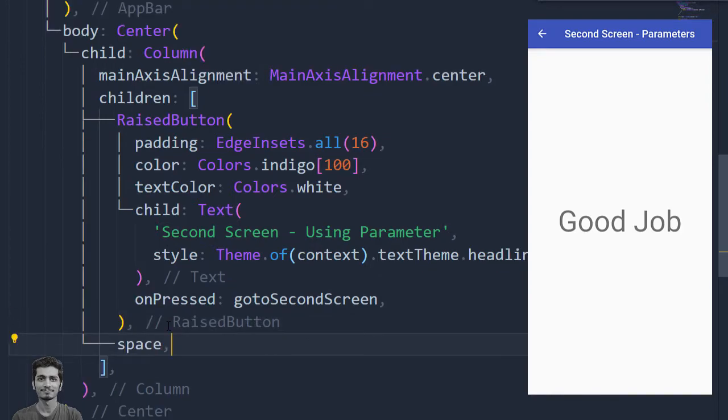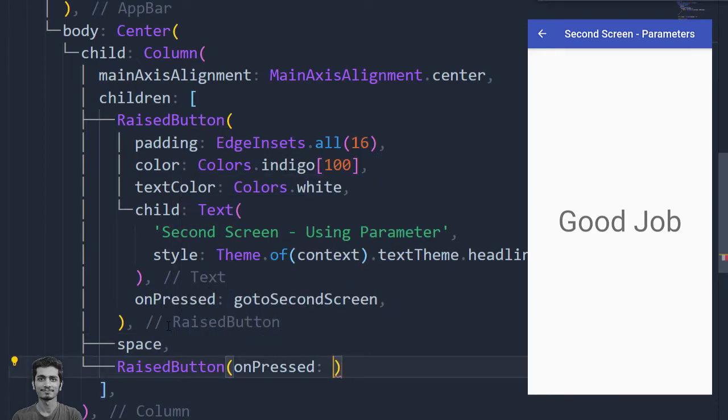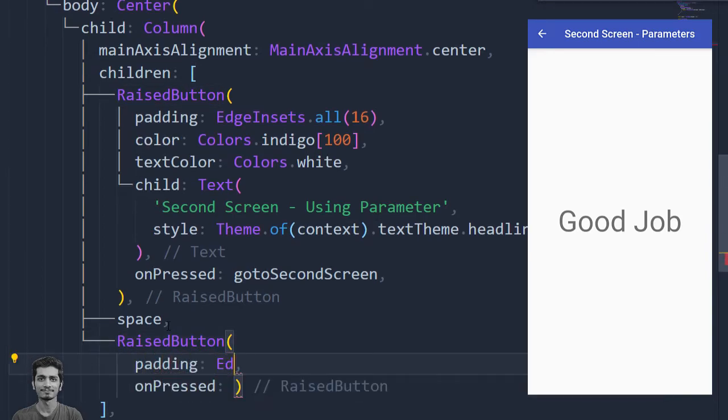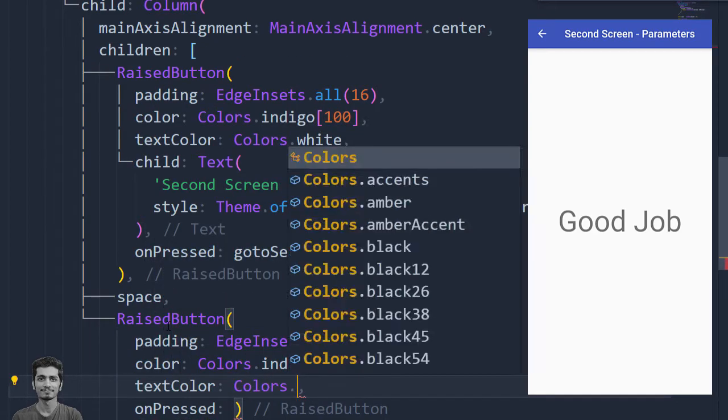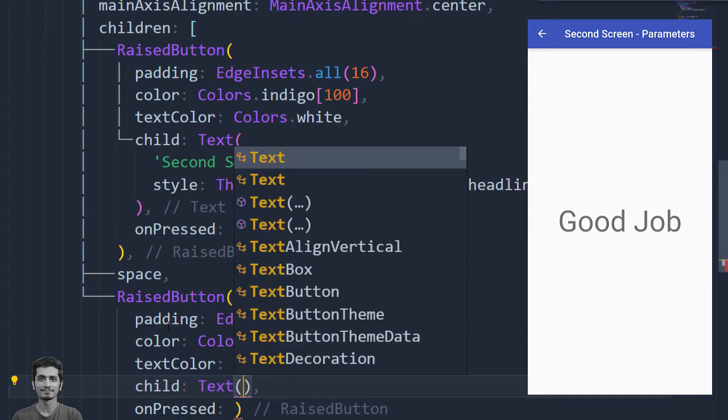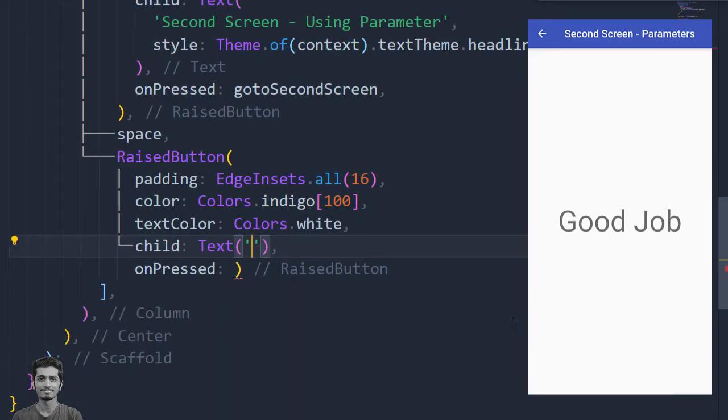Now I create another raised button and pass the value using route settings. This button will take us to the third screen.